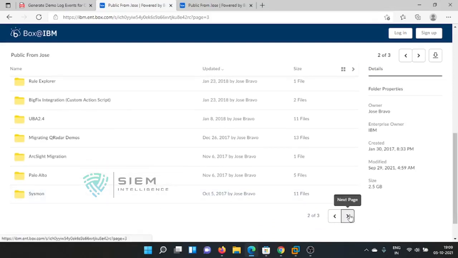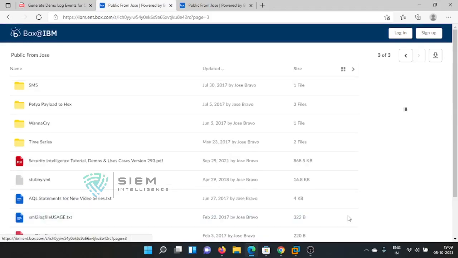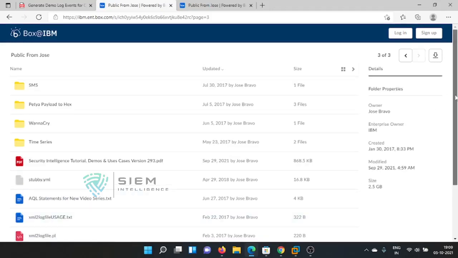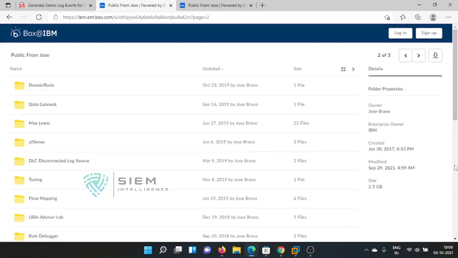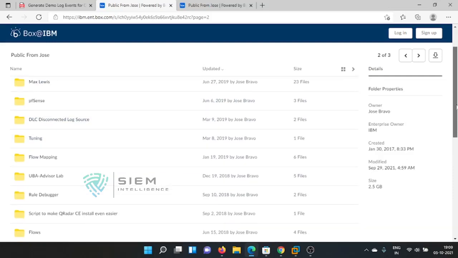If you go there, somewhere in the third thing, see there are WannaCry logs, time series, and AQL statements. There are so many logs. Like that, if you go and see in the second, you will get something called demo.